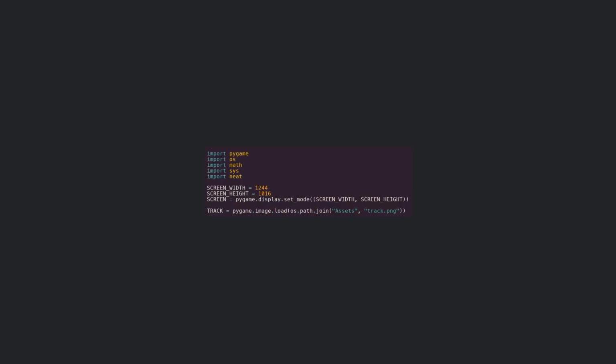This Python code is part of a project that aims to teach a neural network how to drive a car around a track. The code includes several imports, such as Pygame, OS, Math, Sys, and NEAT, which are necessary for implementing the functionality of the game. Next, the code defines the screen dimensions as constants, screen_width and screen_height, and creates a Pygame display window with these dimensions using